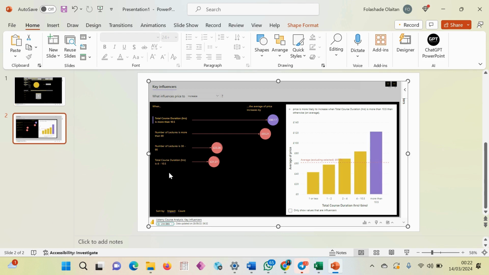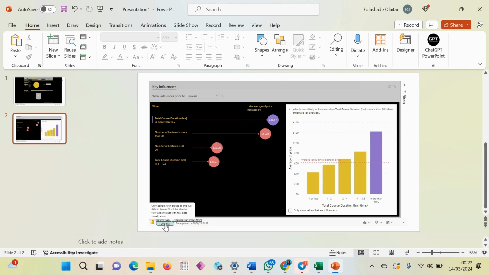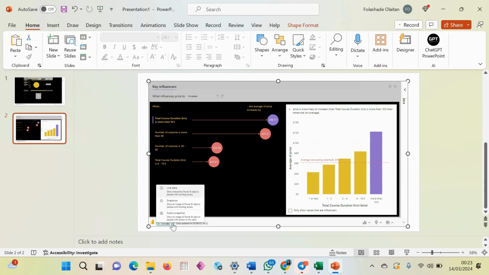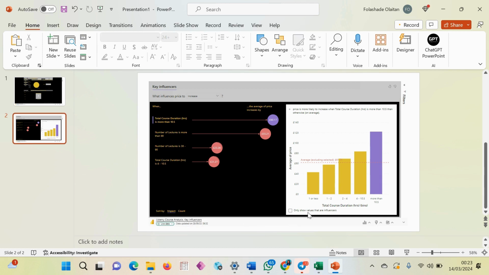Now, let's say you don't want to import the underlying data, you just want to have it as an image, right? You can click on this little icon at the bottom where it says live data. Click on that arrow and then you click on snapshot. Show an image of Power BI data to people with existing access. Or you go to the other one that says show an image of Power BI data to people with access to this deck. That's one. The other way,